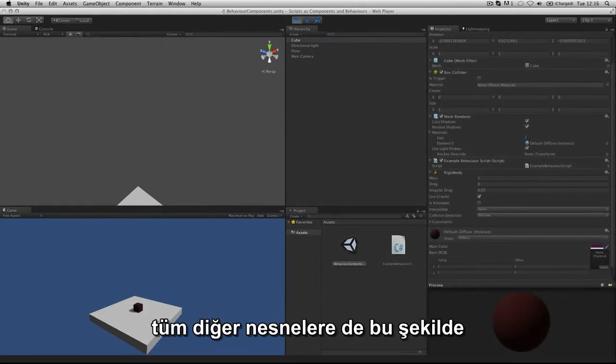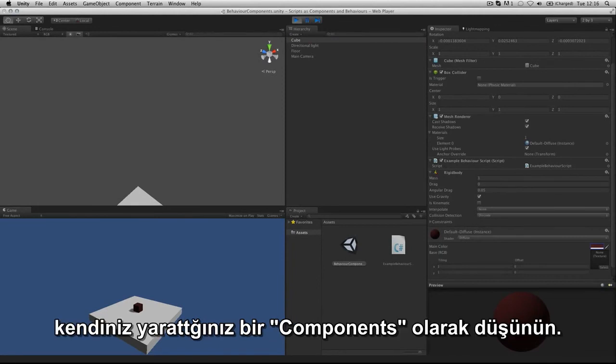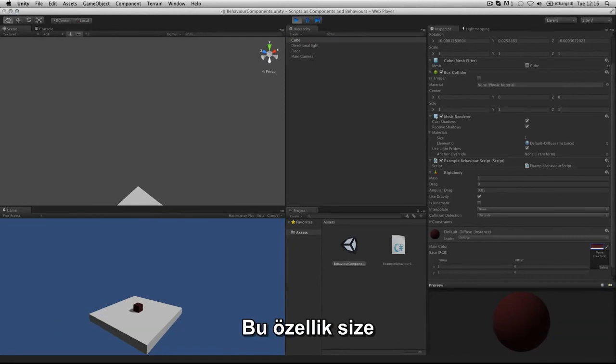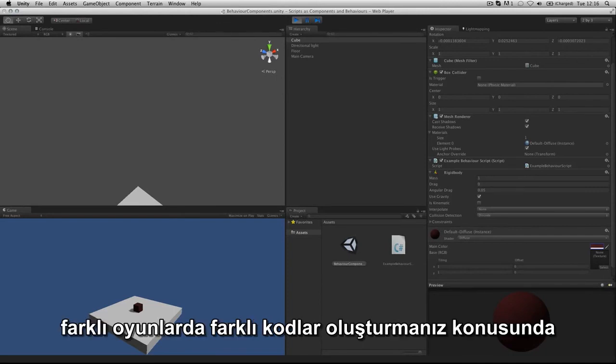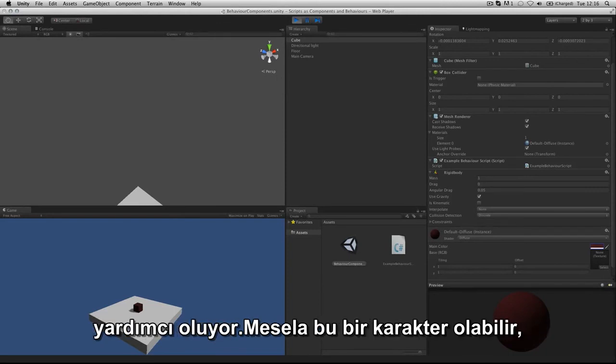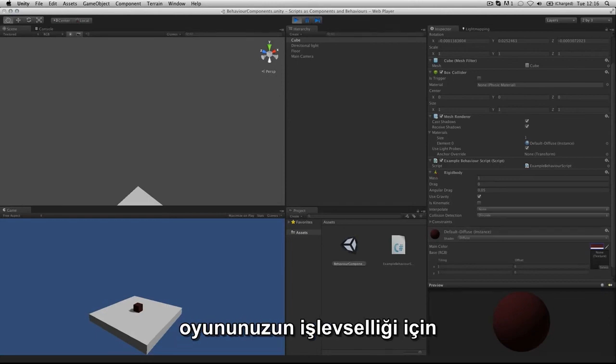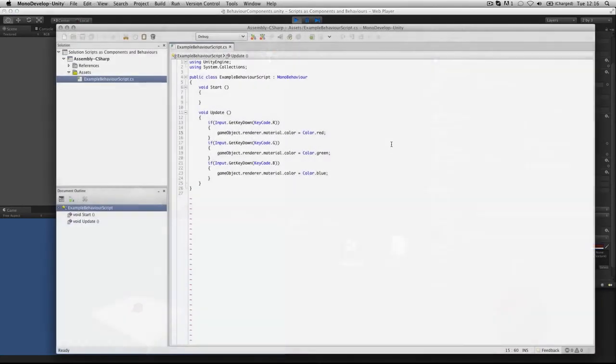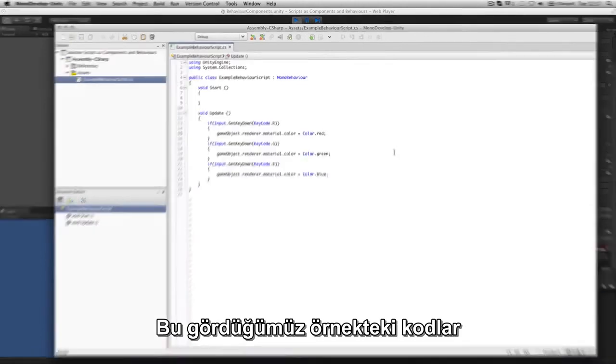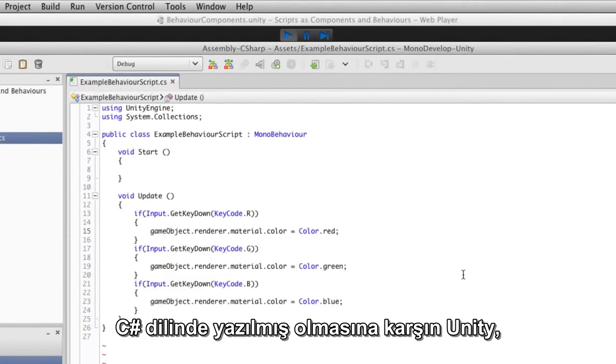Of course, you can apply scripts to do all manner of other behaviors of objects. Try to think of scripts as components that you create yourself, allowing you to create behavior for different game objects in your game. This could be characters, it could be environments, or it could be scripts that manage the functionality of the game. This example script that we've looked at is written in C#, but in Unity you can write